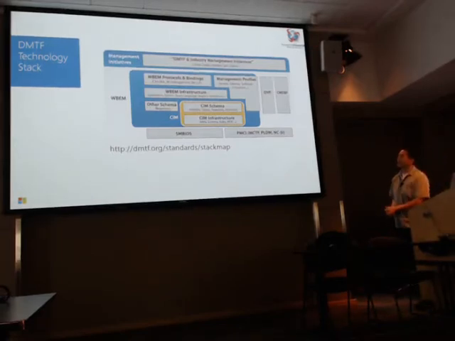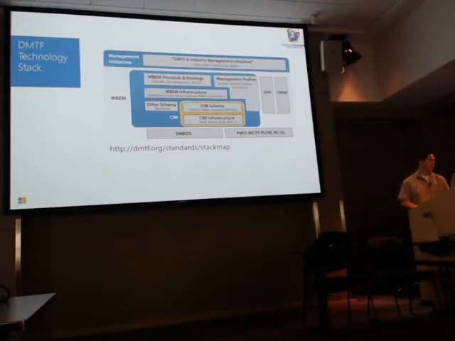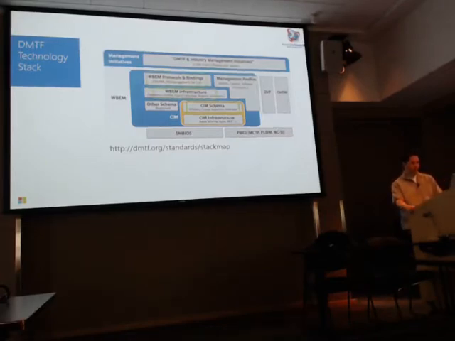What this picture represents is the DMTF management technology stack. We're not going to go through all these different things, and you don't have to worry about the details. What I'm really going to focus on is the CIM schema, and I'm going to dive into each of these areas in a little bit of detail: the web infrastructure, the protocols and bindings, profiles, and finally, management initiatives. Again, you don't need to worry about this diagram right now. I'm going to go through each of the green circle boxes coming up next.